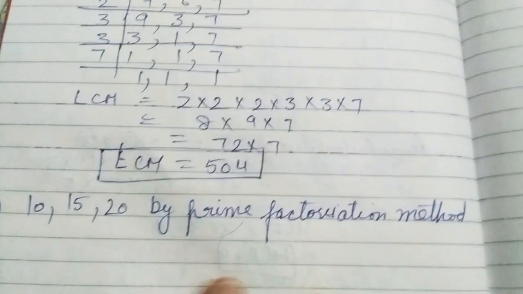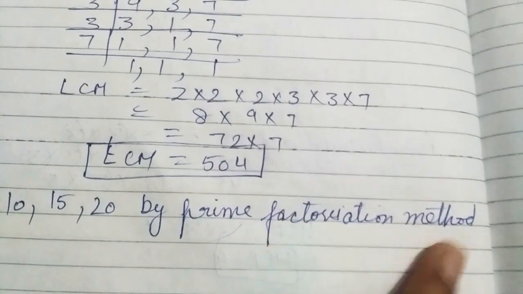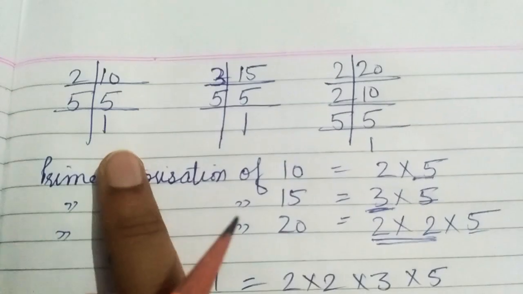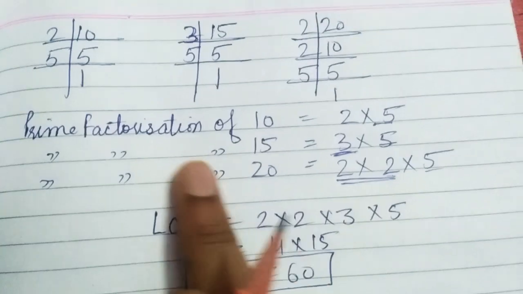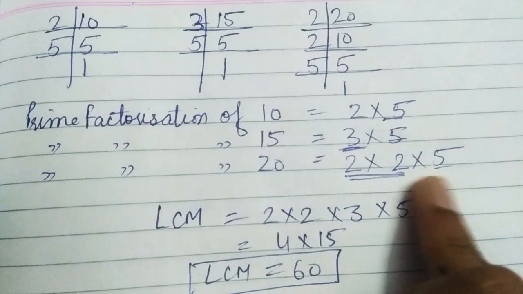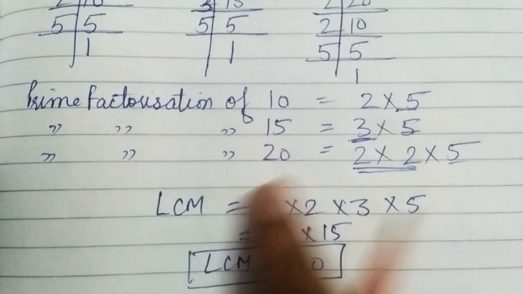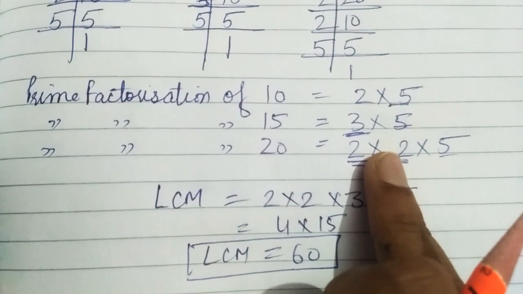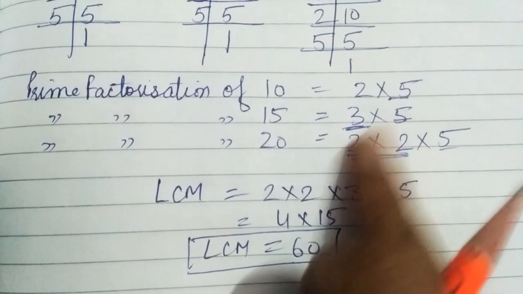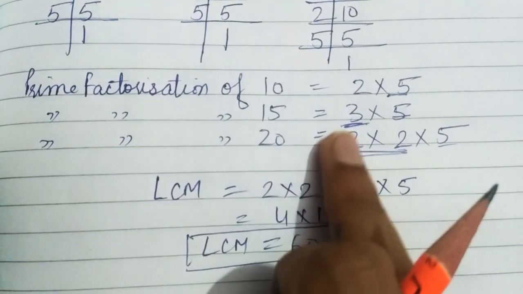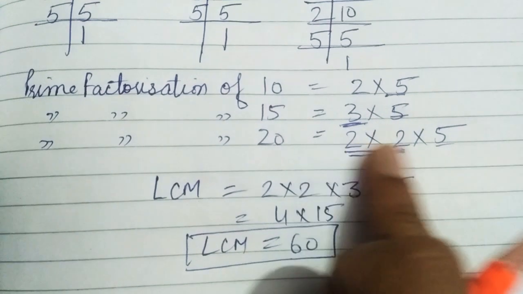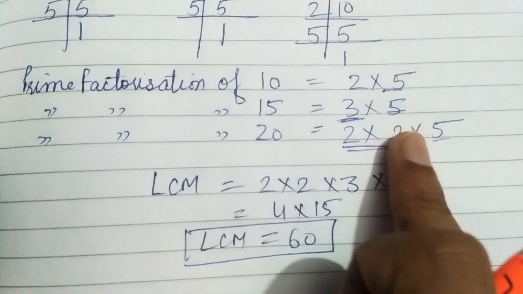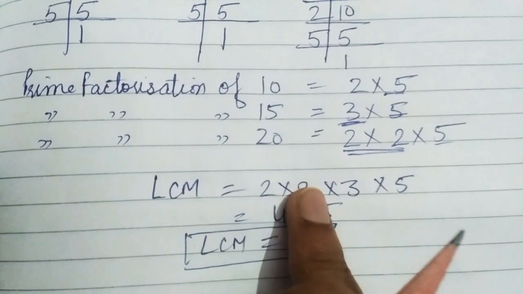Last question I had given you is to find the LCM by the prime factorization method. First of all, you have to prime factorize all the numbers as shown here. So you will write like this, and this LCM will take the greatest number of times a factor is repeating. So here 2 is repeating one time, here it is not repeating, here 2 is repeating 2 times. So maximum you will take 2 times.